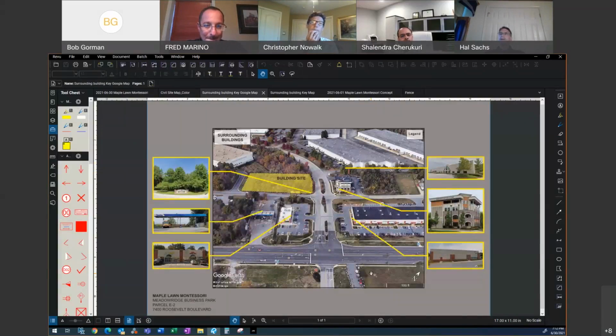Okay. This is an aerial visual of the site and surrounding buildings. As you can see, we have a fueling station south of our site. We have a retail strip center to the right, and one small retail center right in front of our building. The entrance is off of Route 1, and we'd be entering the site from the divided driveway. And then we have various types of industrial buildings